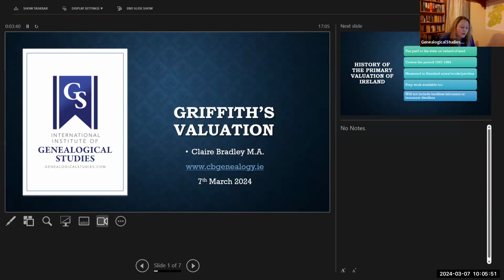The records were originally stored at his house, which was a purpose-built house on Ely Place in Dublin. It actually still stands today. And it was stored there for over 100 years. And the good news is that those archives were not transferred to the National Archives until a long time after the fire in 1922. So these records survive in great detail, and we generally consider that they are, I hesitate to use the word complete, but they are comprehensive, let's say.